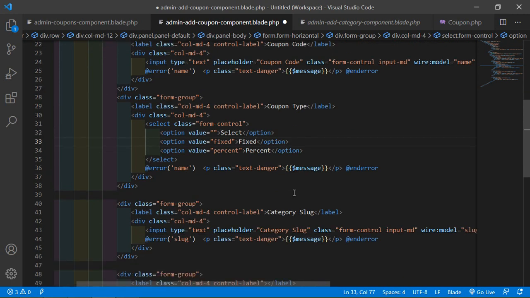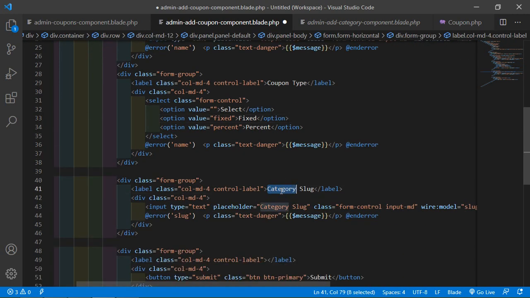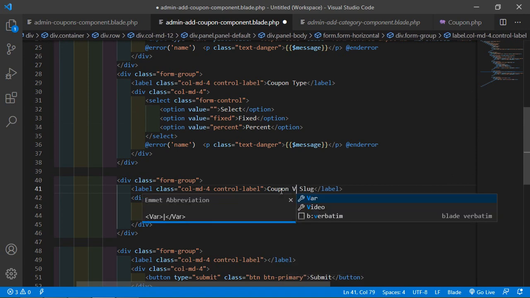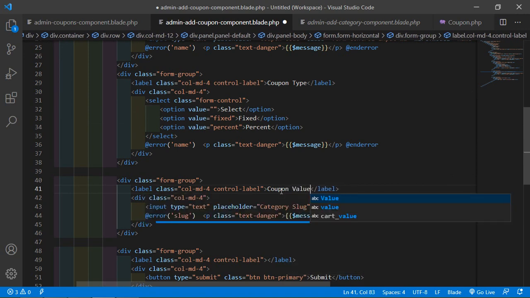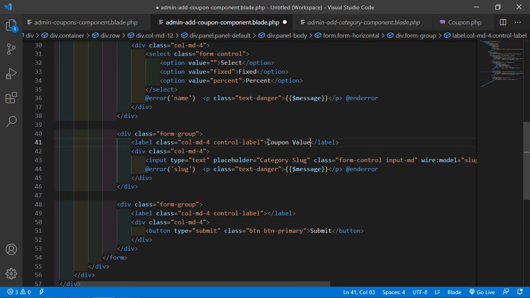coupon code, coupon type, now change here the label coupon value, and also change here the inside the placeholder.